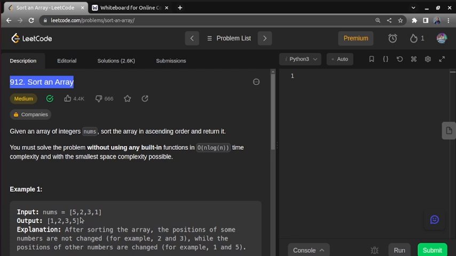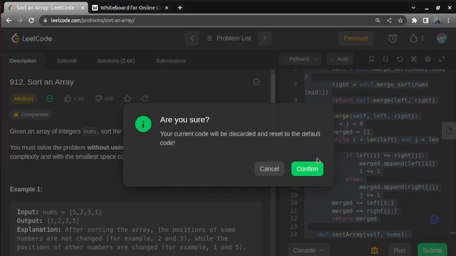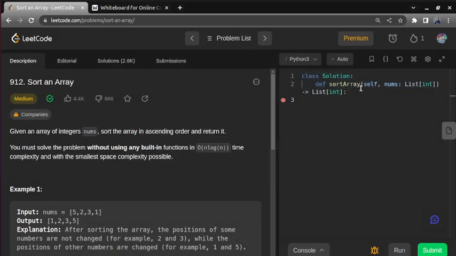Okay, so what will be given in this question? An array will be given to us and we need to sort the array in ascending order. Perfect. So the question is very simple. Sorting is very easy in Python. We can use the inbuilt function. So the array given to us is nums. We do nums dot sort, and we can return the nums.